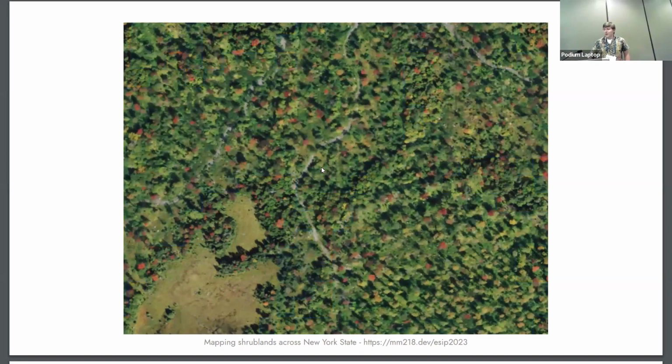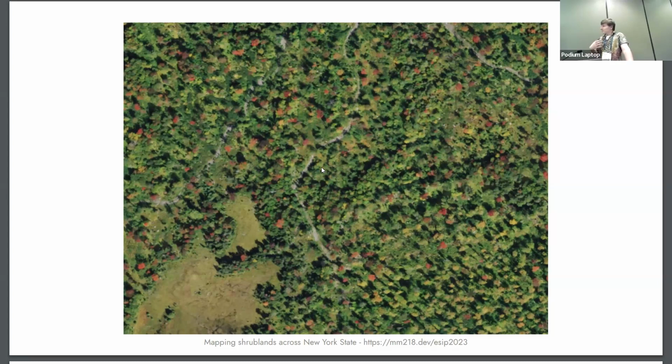If I take away the blue and you blink so you can't see the outline anymore, it's really, really hard to see where those dividing lines were. Spectrally and based off imagery, they look pretty much the same. They're made up of the same trees, just shorter. And so from the data that's available for these national classifiers, it can be really, really difficult to find these areas.